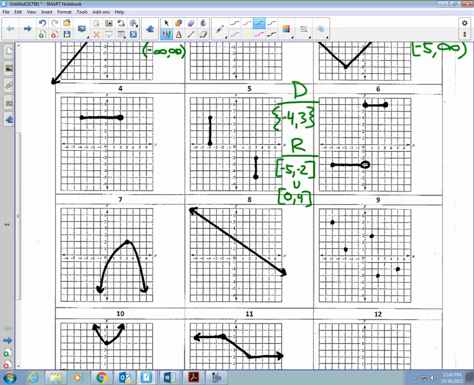So if this sheet looks familiar, it's because Miss Nelson stole it from me, and she used it last year for you guys. The answer key is right there. And I did want to just let